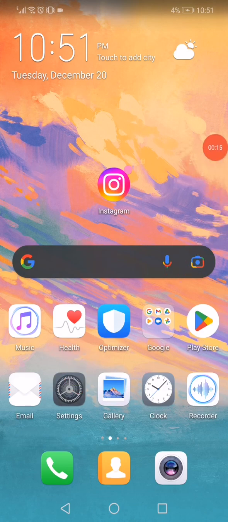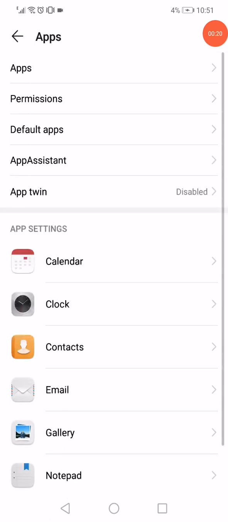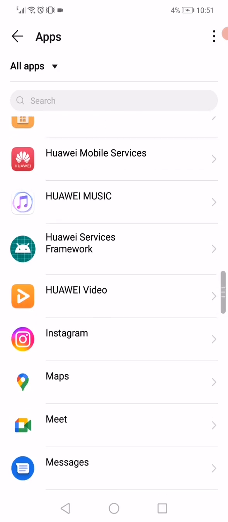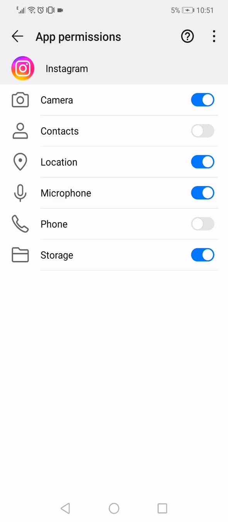Open the settings on your phone and then go to the apps. Open the apps manager like this, and on this page you will find all the apps as you can see. So let's just wait a few seconds, and after that you have to scroll until you find Instagram. Go to the permissions, enable all the permissions,